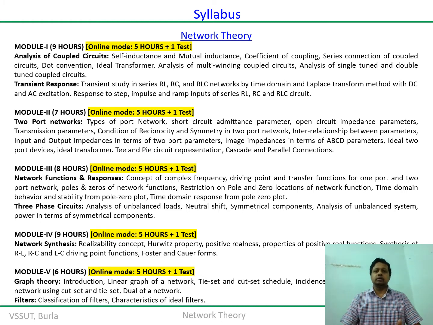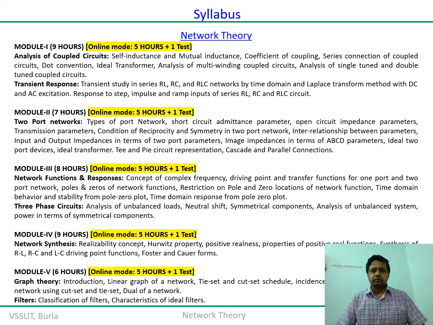As far as the network function is concerned, the simplest network will always have one port, so that the same port can be used as an input and also to retain the output, because it is used to establish a closed path in the network. There are some classical applications, for example microphones, which are an example of a one-port network. At a later stage, we will talk more about network functions.